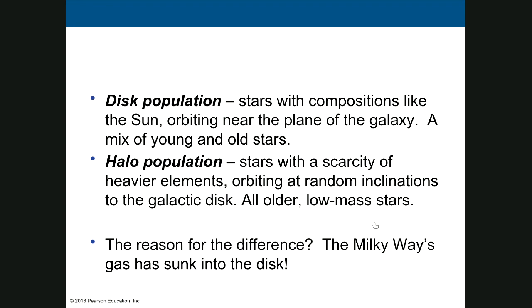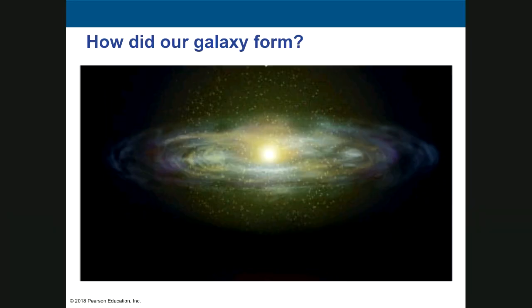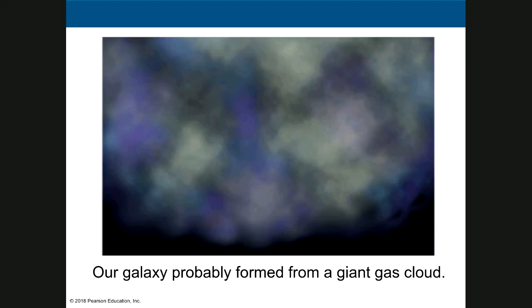the idea is that the Milky Way has shrunk into a disk, right? That the Milky Way was spherical and star formation was happening, and then quickly, much like our solar system, became a disk. And once it became a disk, you had the leftovers of star formation out in that halo region, and then you have everything else in the disk. So they often start with, I call it the intergalactic fart, this giant gas cloud,